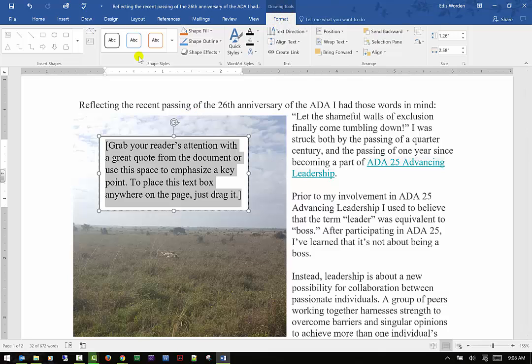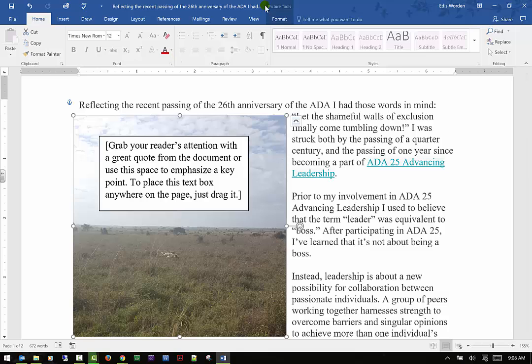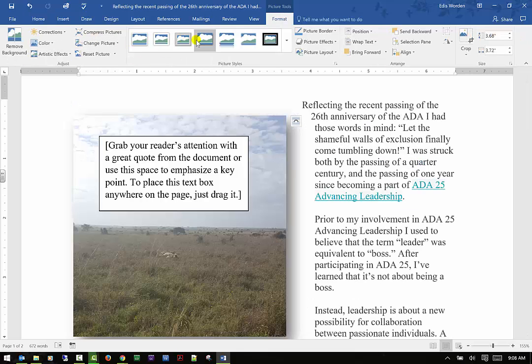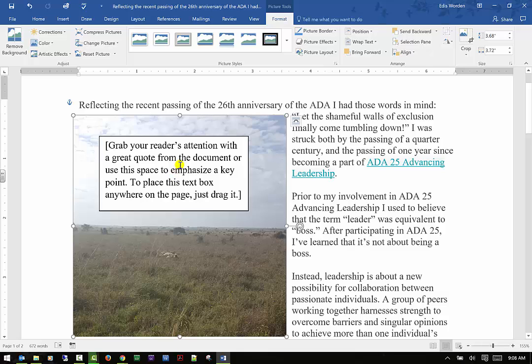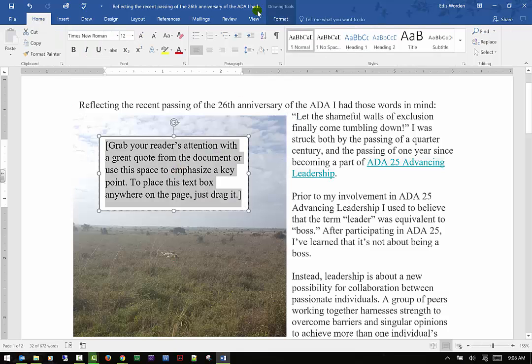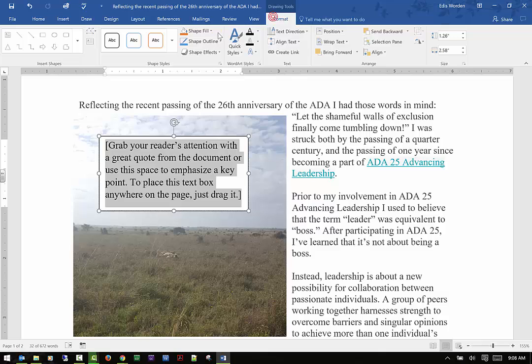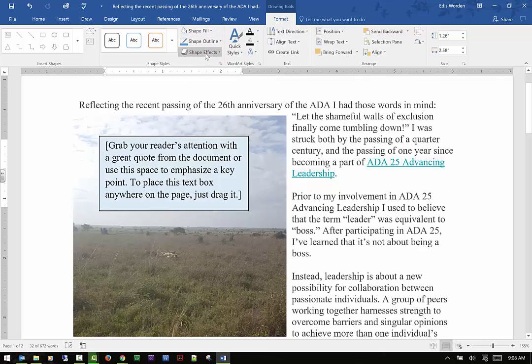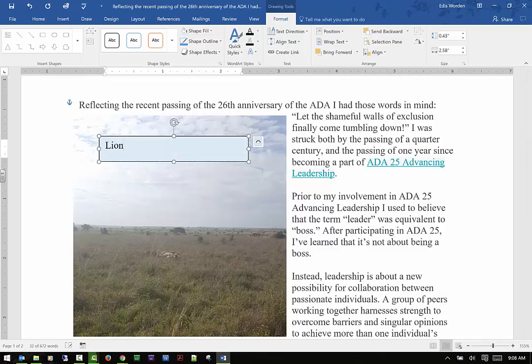the format tools, you have other options that are available to you that weren't available in the picture. So if I click on the picture and I go back here, my selections change depending on what I am working on at that time. So again, if I want to change the shape, the fill shape, I can go ahead and go in here and change the color. I wanted to match the sky, and then